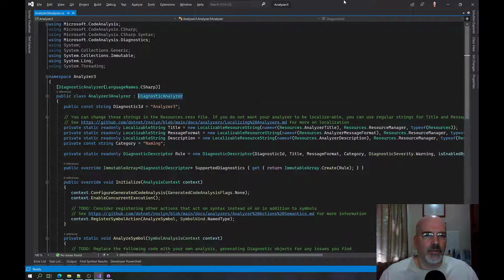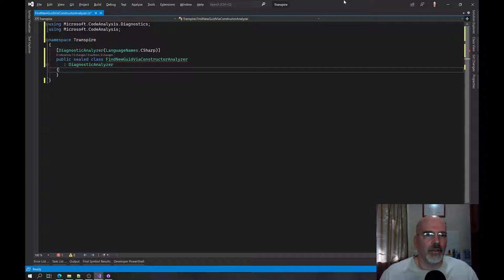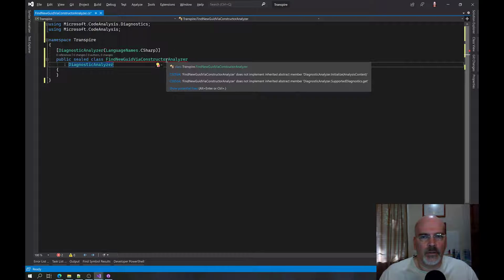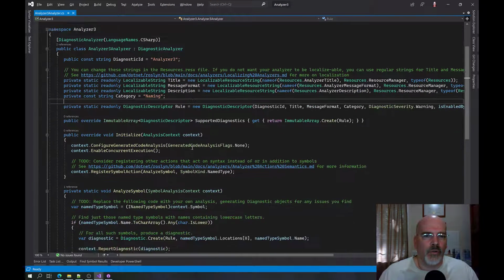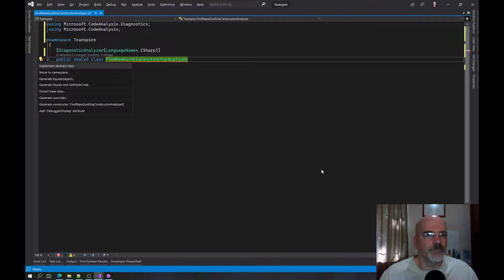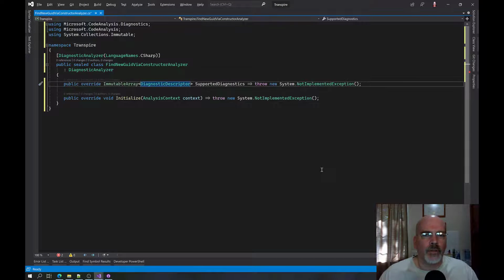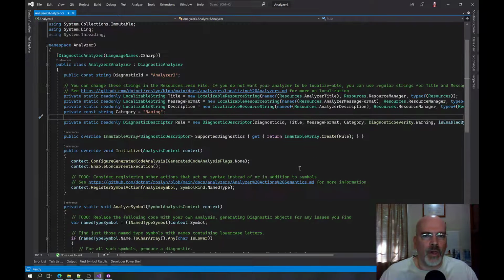Then we need to descend from a diagnostic analyzer. We're going to do supported diagnostics and initialize. The supported diagnostics are our rule, which says that